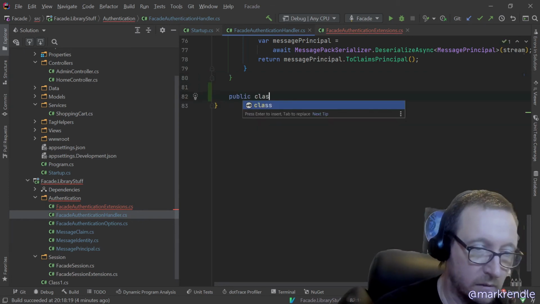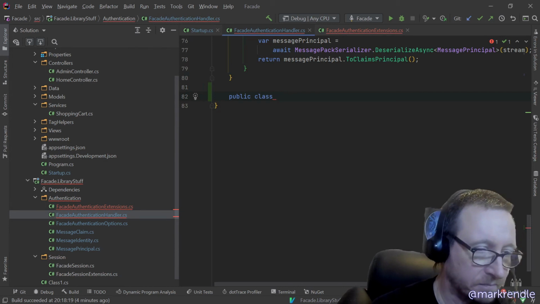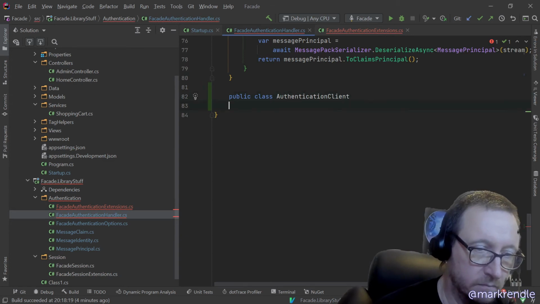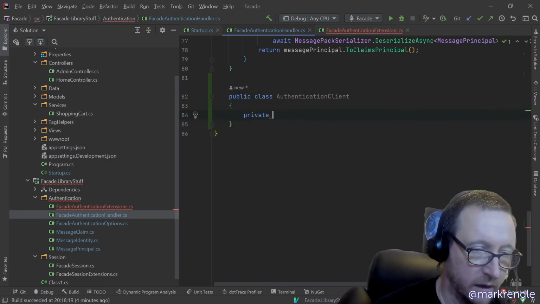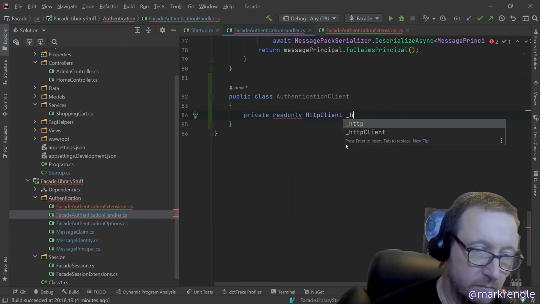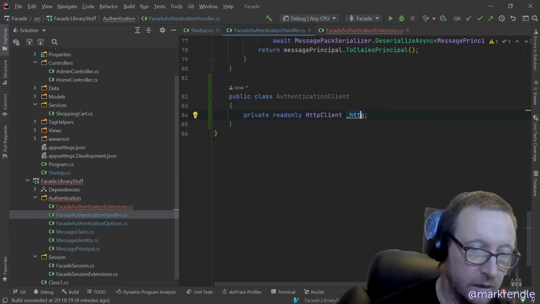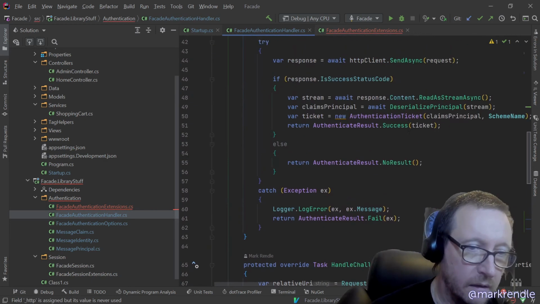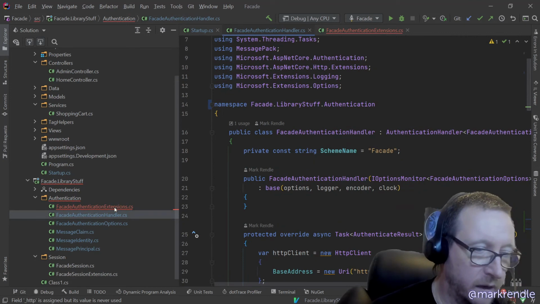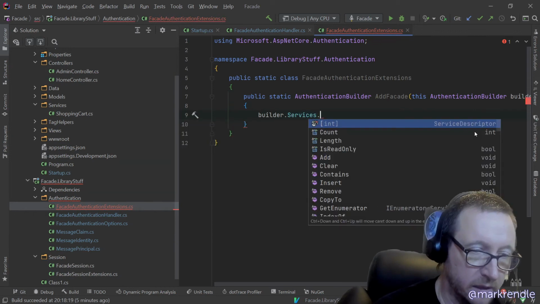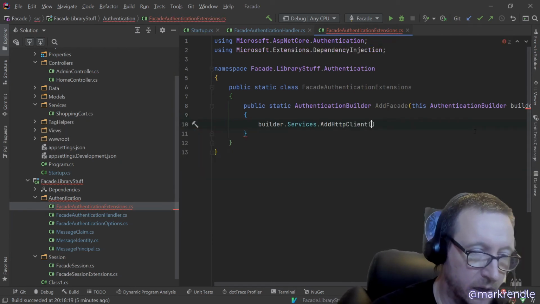So public class AuthenticationClient, and this is going to have a private readonly HttpClient http, which is going to be initialized from the constructor like so. And then in our extensions we can say builder.Services.AddHttpClient,